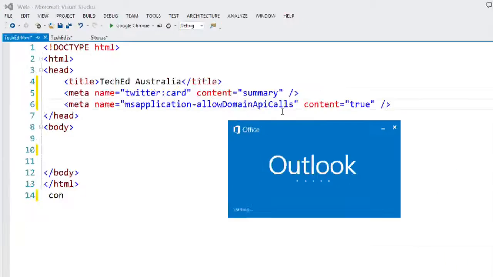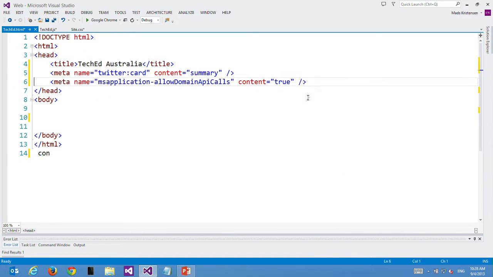Whoop. There's a shortcut key for Outlook. I didn't know that. OK, so